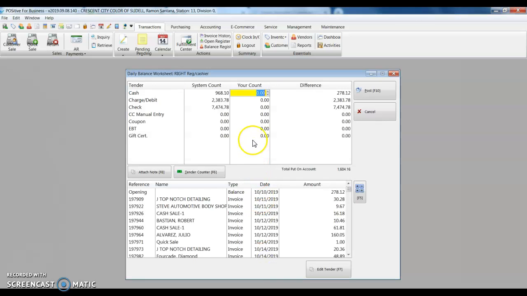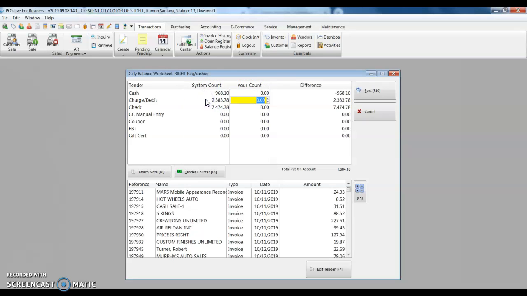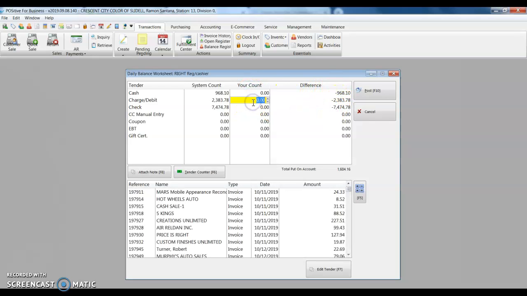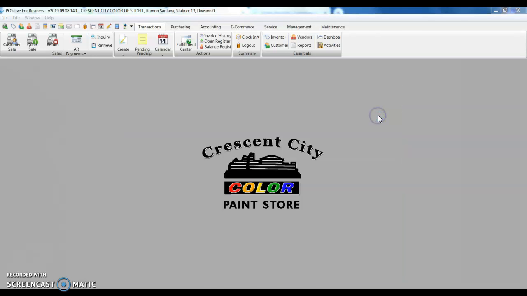If you say okay, it's going to balance against what you had in the register. So you should have $968. You should have some credit card transactions, and you should have checks added to that. So once that does, then you hit post, and then it's going to tell you. See right here, it says everything's short because we didn't put any amount in there. And this video